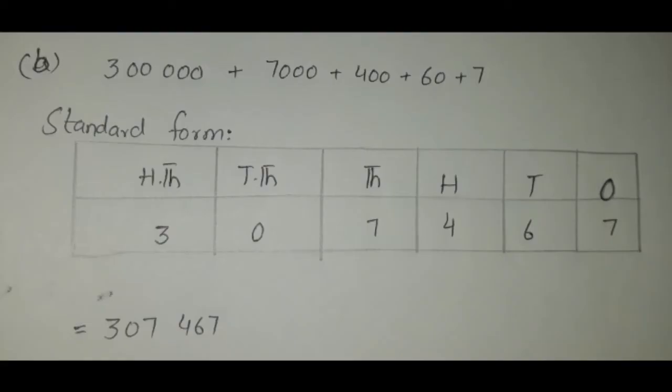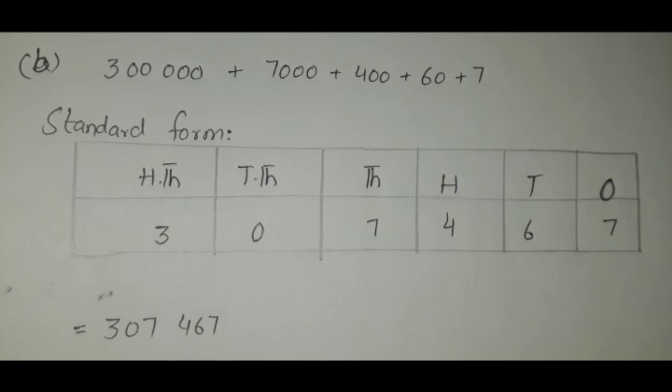In part B, it has been given as 300,000 plus 7,000 plus 400 plus 60 plus 7. Now we have to write in standard form. First we will draw this place value table. Ones, tens, hundreds, thousands, 10,000s, because after thousands we will write 10,000 in place value table and then 100,000. And in the question